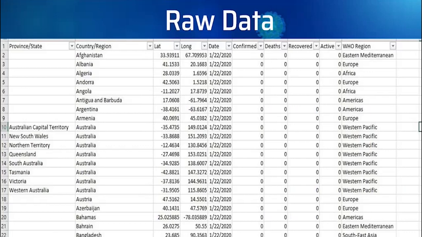This is just a sample. We want you to just visualize this is exactly what we had in our hand. And in order for us to present this to you, we needed to do some cleaning and brushing. On this data, we had some problems with the dates. Dates were not in date form, they were text, so we had to switch those to a date format. Also, the very first column, province and state, was taking too much time for a few reasons. One, longitude and latitude were not matching up, and some of them had the state, some of them didn't, so that was also very time consuming.